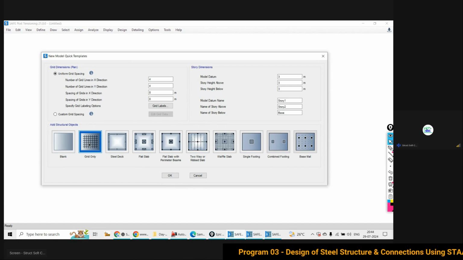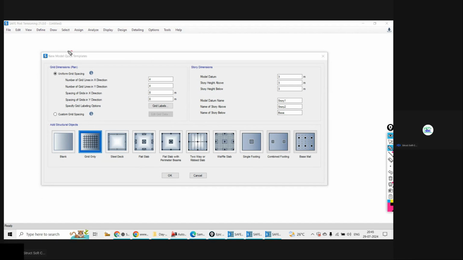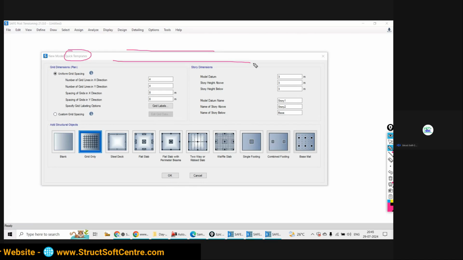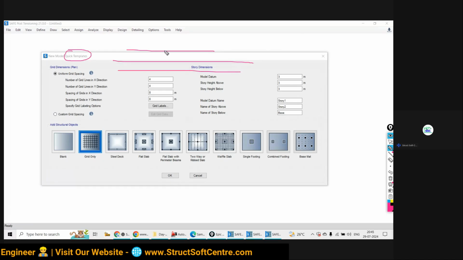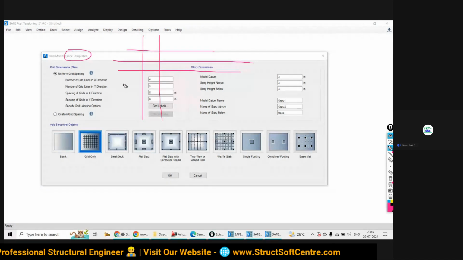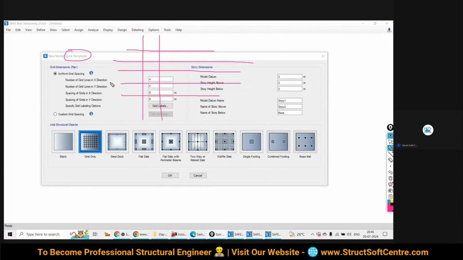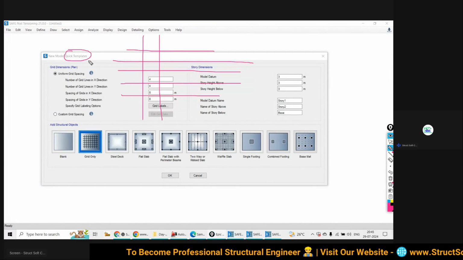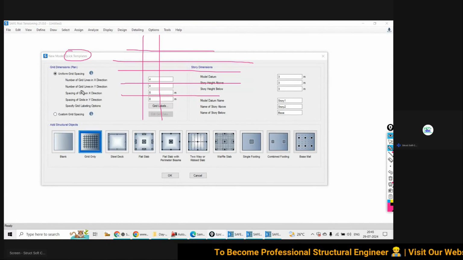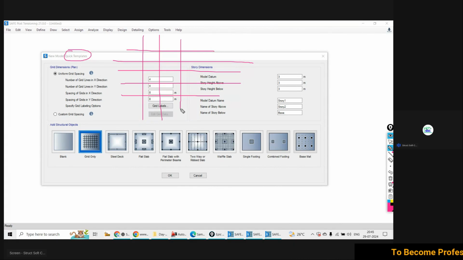Either you can use the help of ETABS quick template to create your model, to have the reference line that we are going to call grids. So ये reference line को create करने के लिए आप, you can take the help of this CSI SAFE software की आप help ले सकते हो. So you can create the grids.